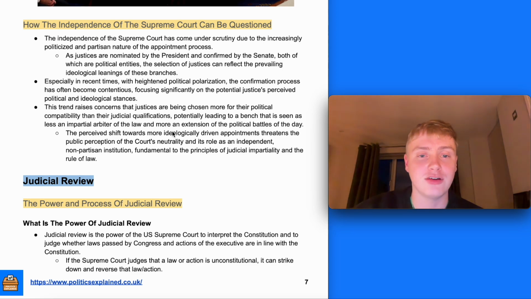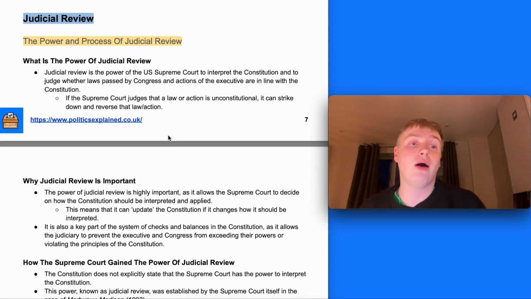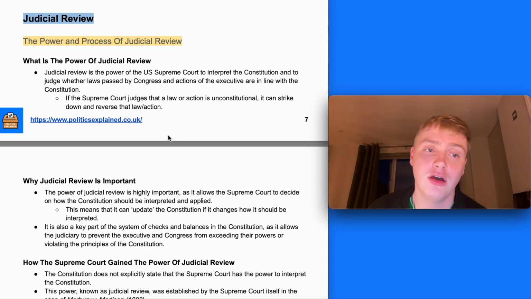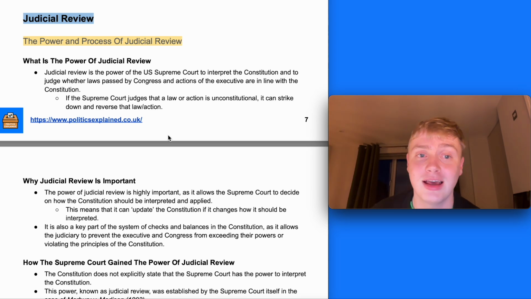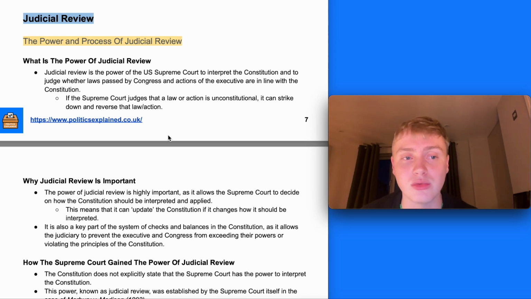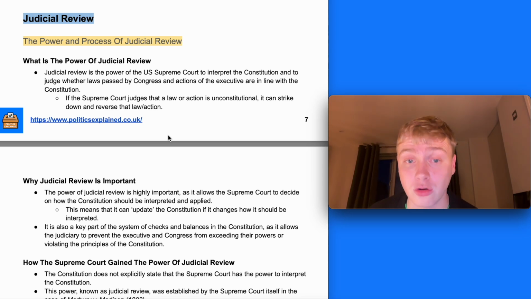The final thing we're going to have a quick look at then is judicial review. So, firstly, looking at the power and process of judicial review. So judicial review is the power of the US Supreme Court to interpret the Constitution and to judge whether laws passed by Congress and the actions of the executive are in line with the Constitution. If the Supreme Court judges that a law or action is unconstitutional, it can strike it down and reverse that